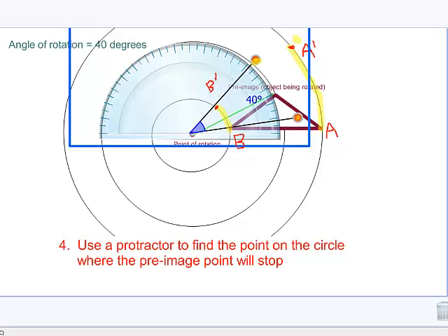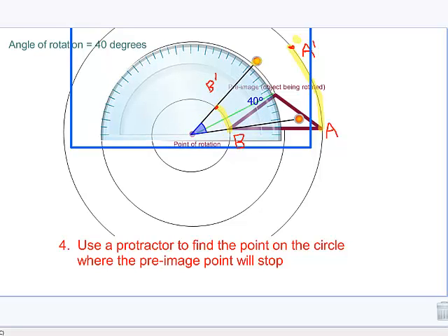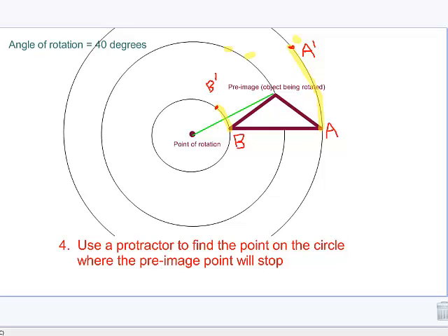Let's get our protractor out here one more time. Set the crosshairs at the point of rotation. Set the baseline on the segment we drew. Crank it out to 40 degrees. Make a mark and connect the point of rotation to the mark you just made. Which means if this were the point C, following this circle to this point, that would give us C prime up here. If we connect our three transformed points,